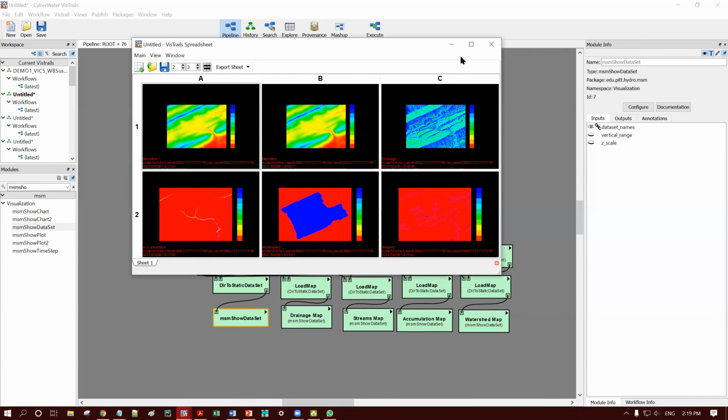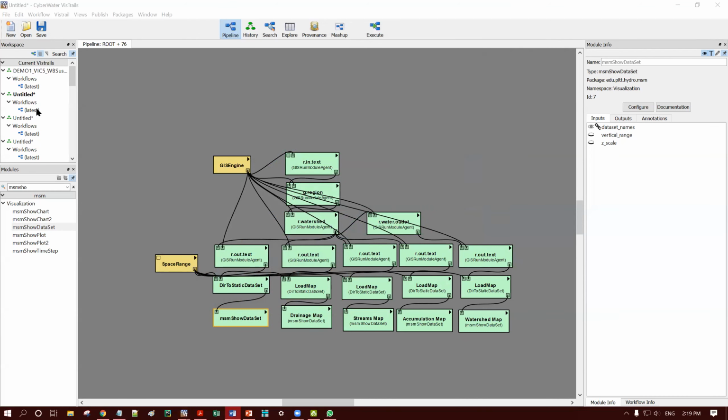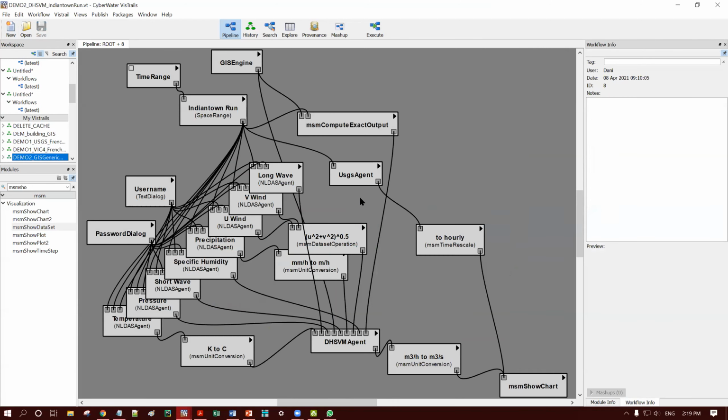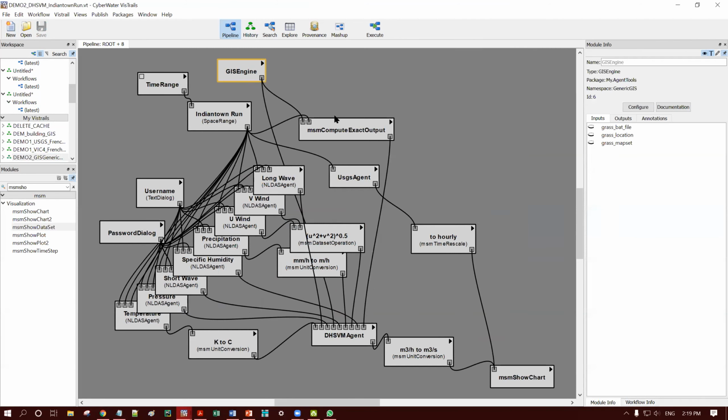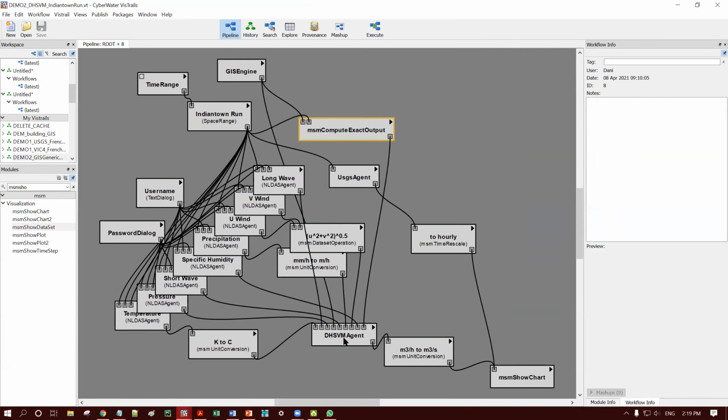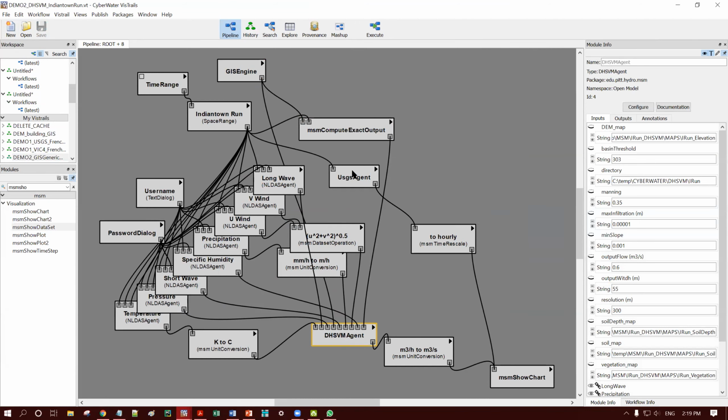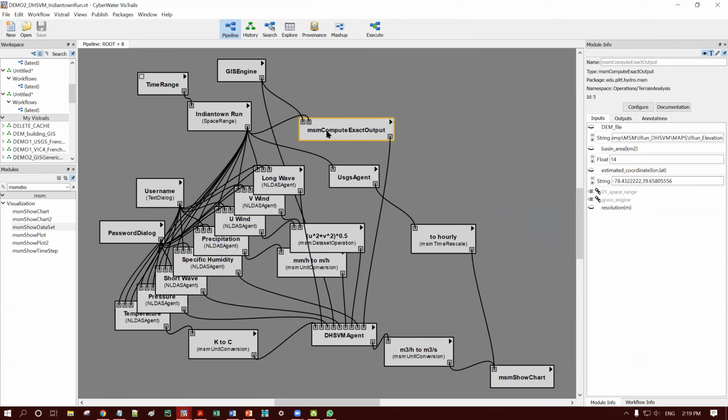Okay, and we can move on to the next step, which is using this GIS engine to execute a model like the DHSBM model. So I have previously prepared this workflow where we're using this GIS engine for two of the modules. The first one is this MSM compute exit output, and there's the DHSBM agent. The reason why we need this GIS compute exit output is because one of the major sources of errors, or major sources of difficulty for the users, is